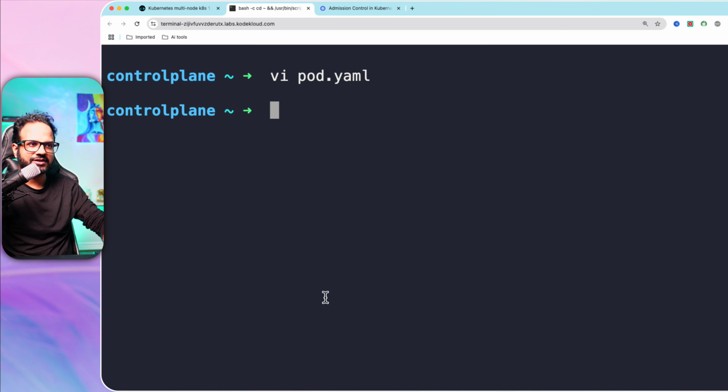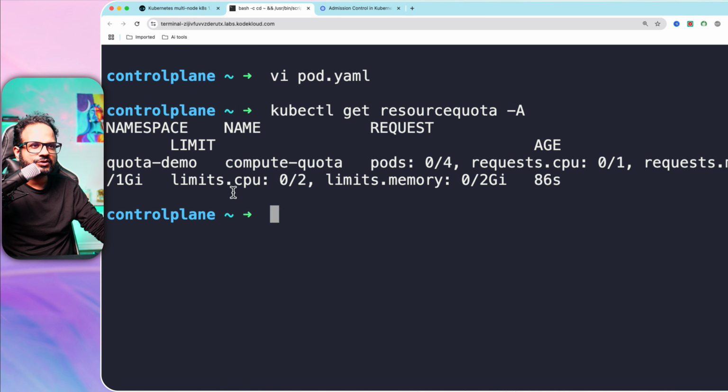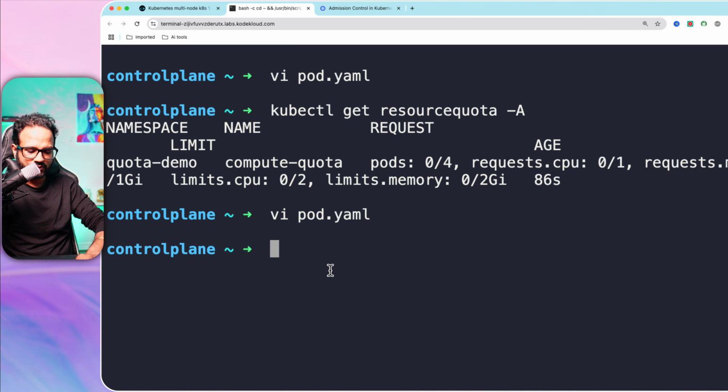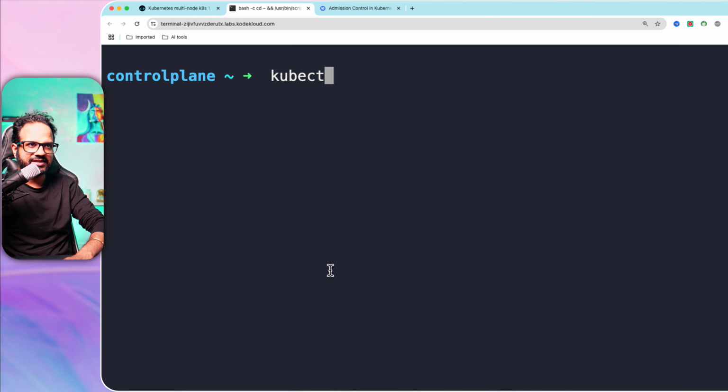But let's see what was the limit for this. As you can see, the memory limit is 2 GB, but memory request is 1 GI over here. So memory request was 1 GI, but what we have created is memory request with 2 GI, which exceeds our quota. So if I just apply the changes, kubectl apply -f